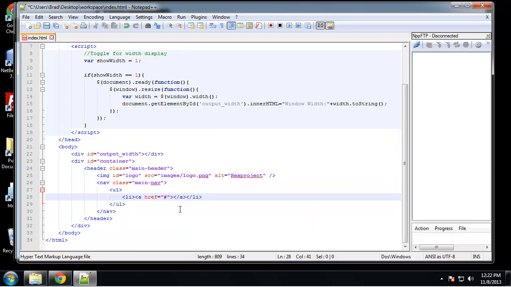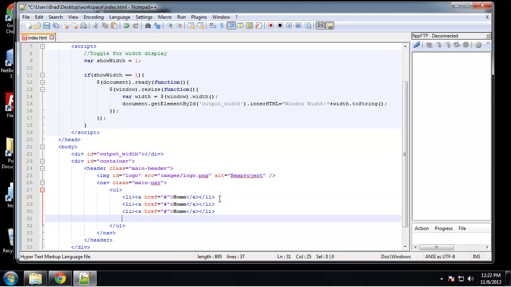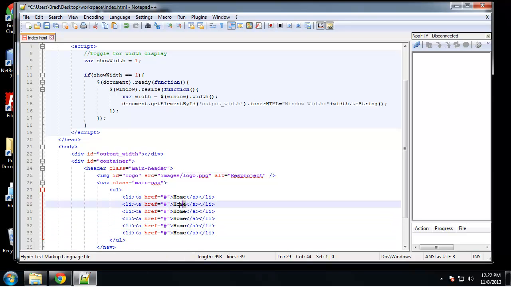Okay, so we'll say this one is going to be home, and let me just copy this, and I'm going to add in the text that I have. Learn, brainstorm, and these aren't going to be actual pages, just some words that I thought fit well. Let's see, collaborate, I can't even spell, collaborate,